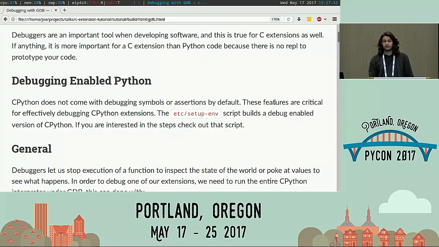The things you're going to get from a debug Python are debugging symbols. In compiled programs like C or C++, there's a symbol table which has the names and some line information, so given any single instruction, it knows the line information. If you don't have this when you step in with GDB, all your functions are going to be question marks, because it doesn't know the name or the locations of anything. You can often get those from your package manager, but the thing you can't get is that debug versions